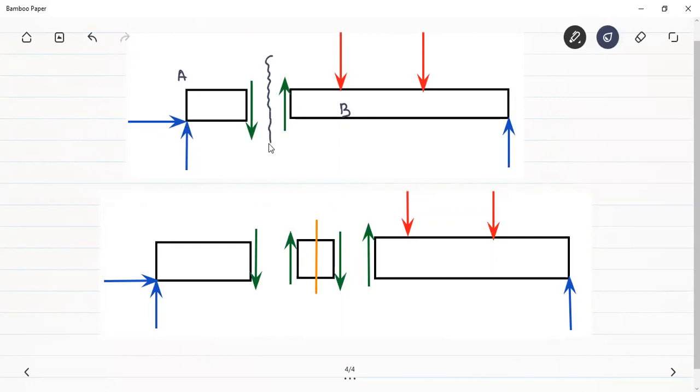Now, on the left hand side of the section, okay, this is the section, and from the left hand side of the section, which bending moment are we having? Clockwise, isn't it? Clockwise from the left hand side of the section. So as per sign convention, should this bending moment be positive or negative? It should be positive, okay? Clockwise from the left hand side of the section. So the bending moment that will be at this section is positive.